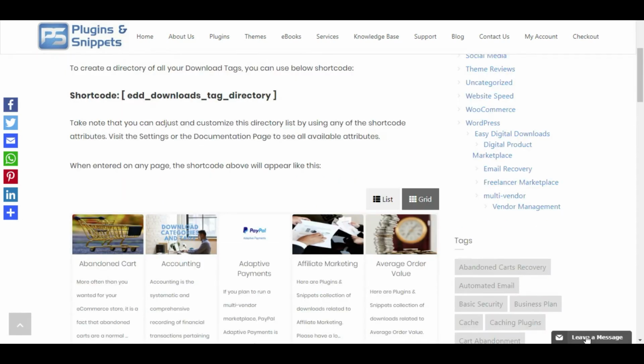A new great feature of this plugin is the set of shortcodes you can use to create directories, lists, and carousels with your download categories and tags, to be inserted on any page. First is the shortcode to create a directory of your download tags and download categories. Here is the shortcode itself, this one, as well as the look when these shortcodes are triggered on any page.